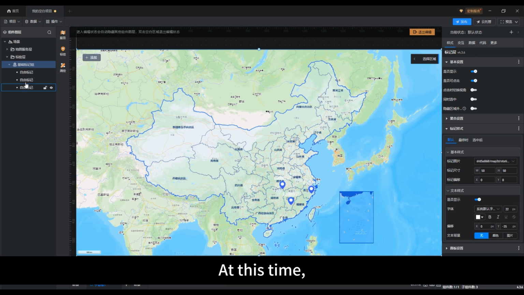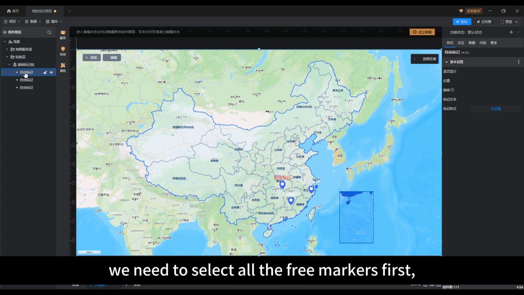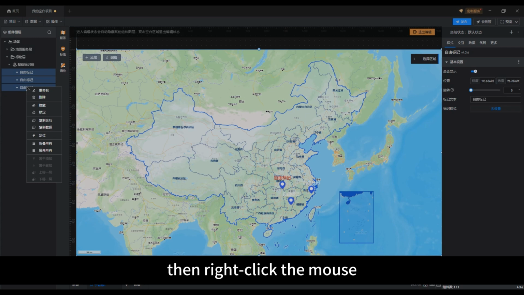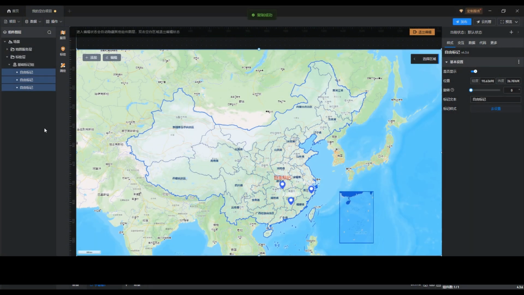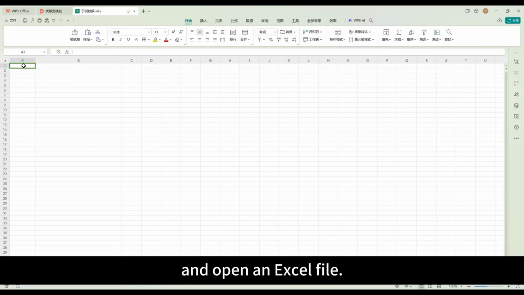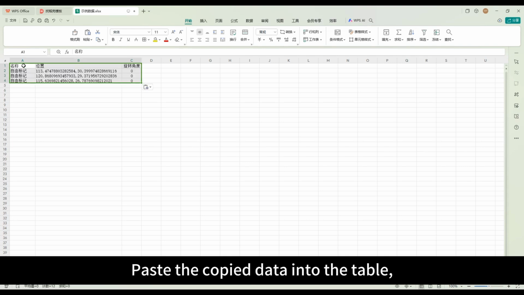At this time, we need to select all the free markers first, then right-click the mouse and select Copy Data. Then create and open a new Excel file. Paste the copied data into the table